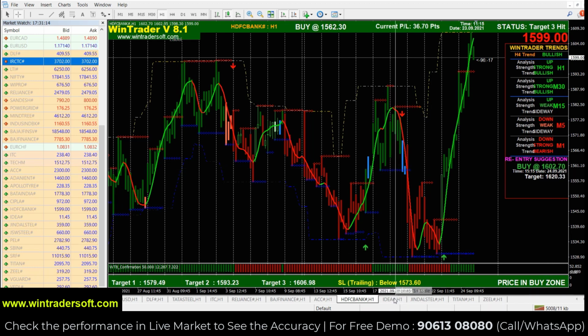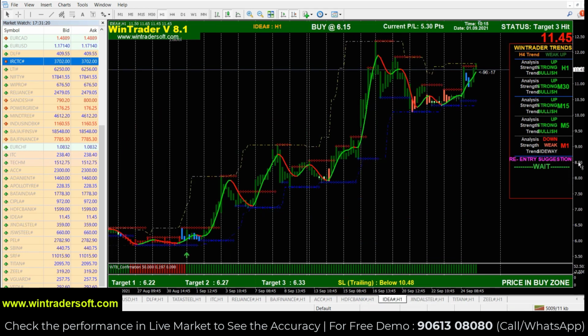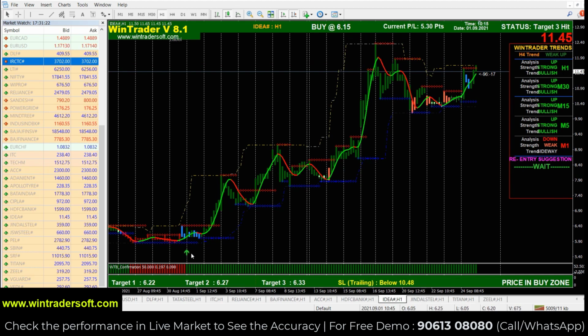So if you had exited the trade, then you can enter the trade with the next buy here. HDFC software is suggesting that it will go up in the coming weeks. The idea is in a buy zone. The buy signal is already generated. It's a perfect signal. The signal was generated and the confirmation was there at the same time.